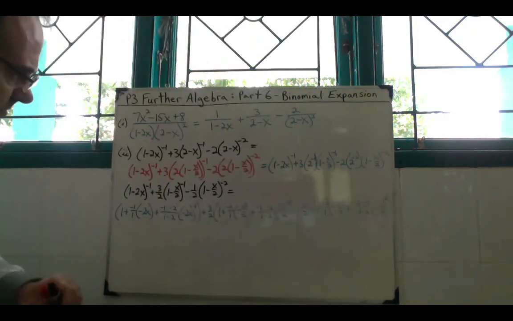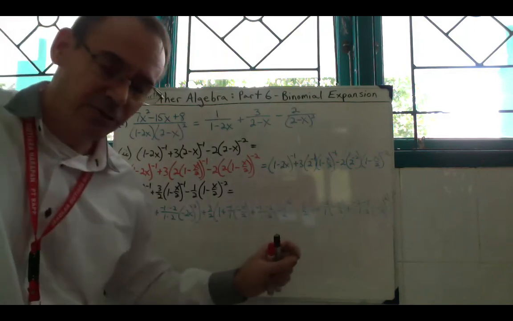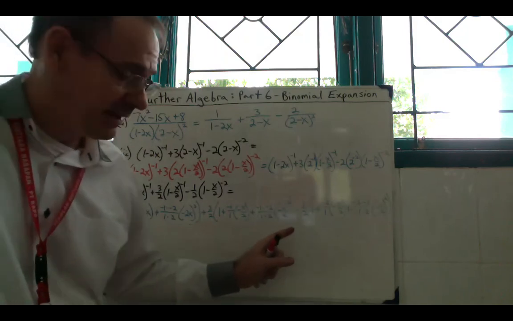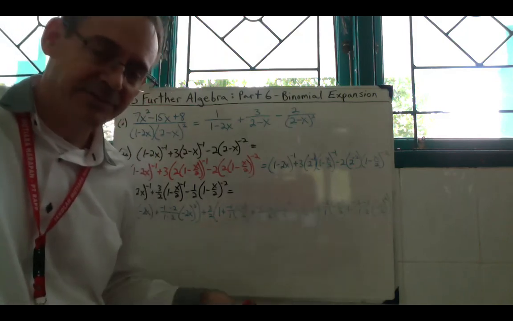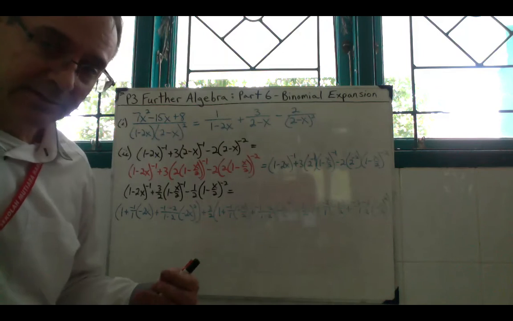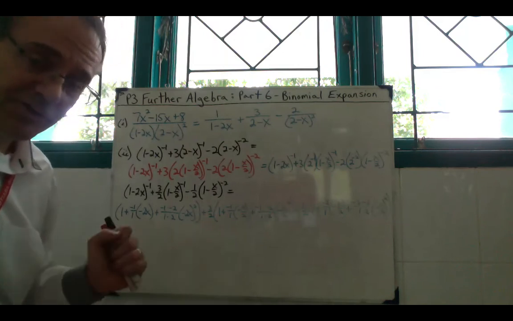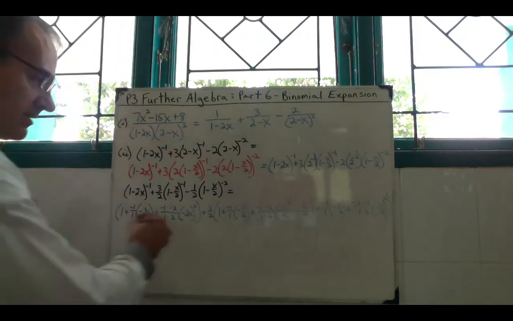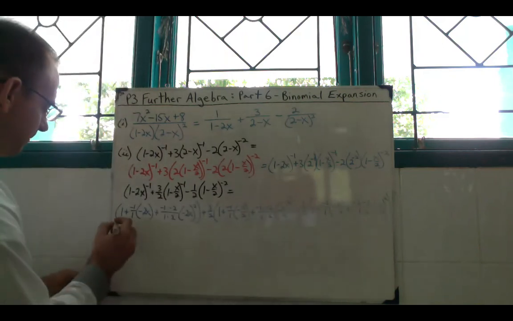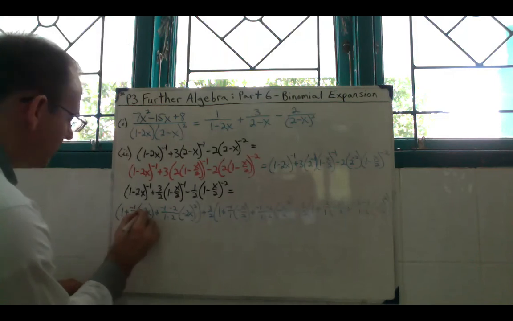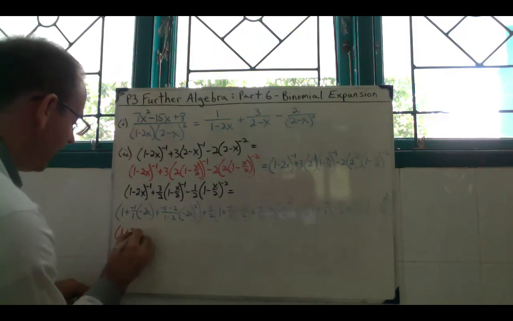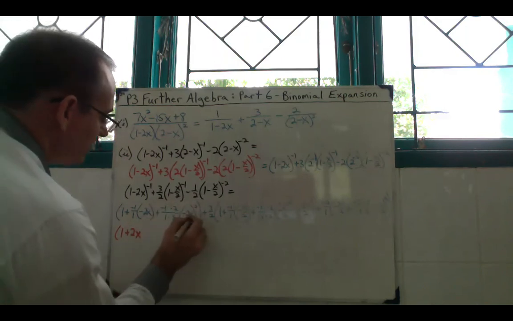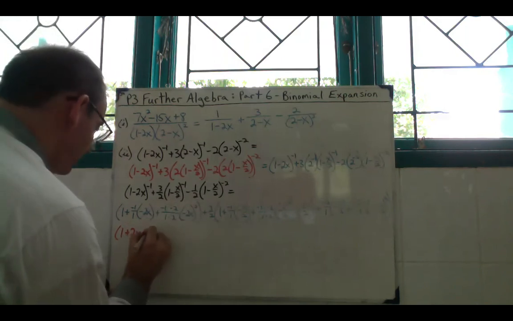Okay. So again, look at your formula sheet to help you work through that. Again, the more often you practice it, the faster you'll get, but you still need to be careful, so don't go too fast. Now let's simplify this out. 1 plus 2x, 1's cancel, 2's cancel, negatives cancel, we have a positive 4x squared